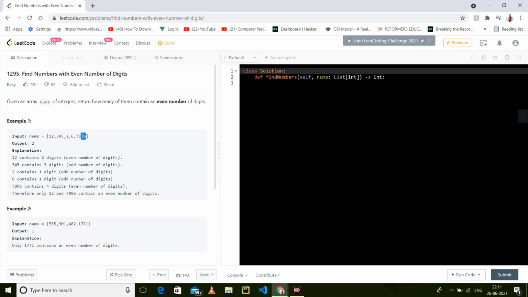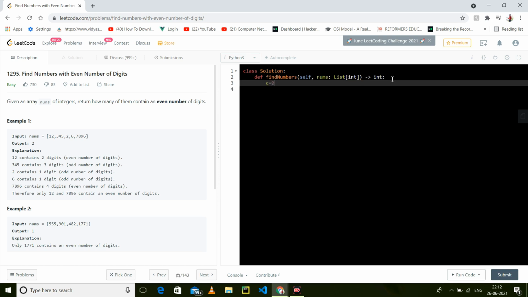So now how can we find even and odd? We have a trick, a formula, modulo. If we take the modulo by 2 and the number is divisible, that is, if it is even, it will not leave any remainder. If it is not leaving any remainder, we can say that yes, we have an even number, otherwise we have an odd number. So let's take count, because count we have to return.